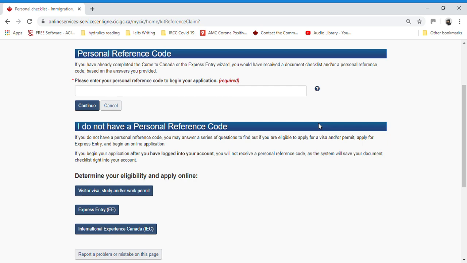Once you click on that link, you can see different tabs that say start study permit application, start work permit application. Because we are doing a work permit, click on the work permit application and you can see this page after this. So here, determine your eligibility and apply online. We are applying for a work permit, so I'll click here. The tab says visitor visa, study or work permit. Click on this tab